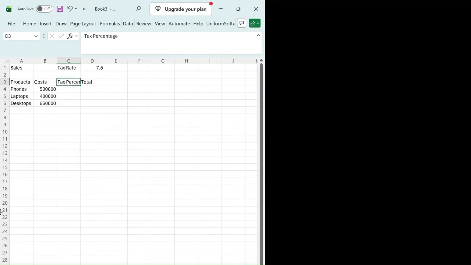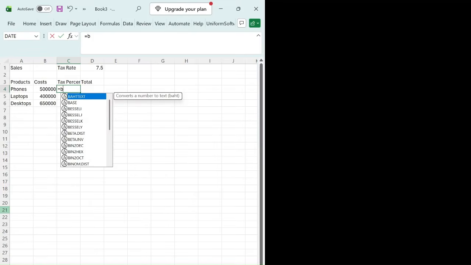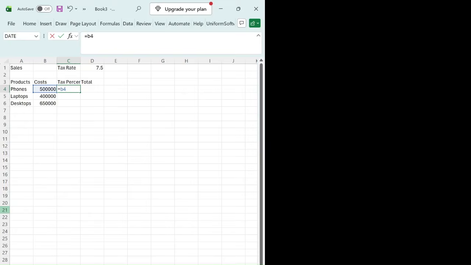Now we're in C4, the tax percentage. Remember, B4 has 500,000 for phones. So what we're going to do is use the equal sign for formulas. Equals B4, multiplied by, which is the star,